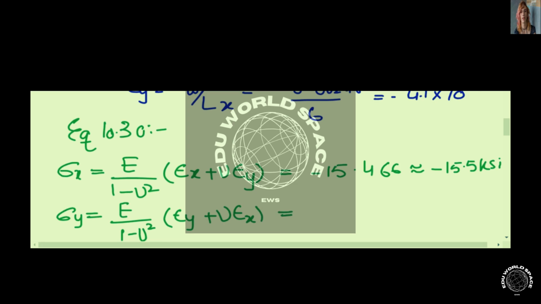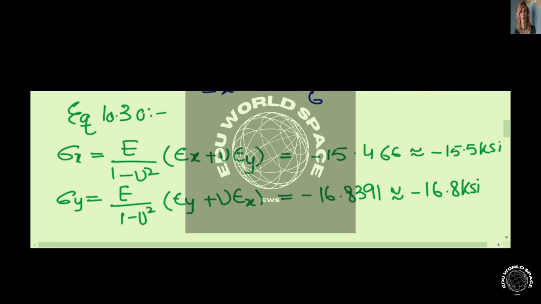Then just plug in the given values as well as the calculated values that we just found, and you will get that it is equal to negative 16.8391, right? And that is approximately equal to negative 16.8 ksi, right? So this concludes our solution for this